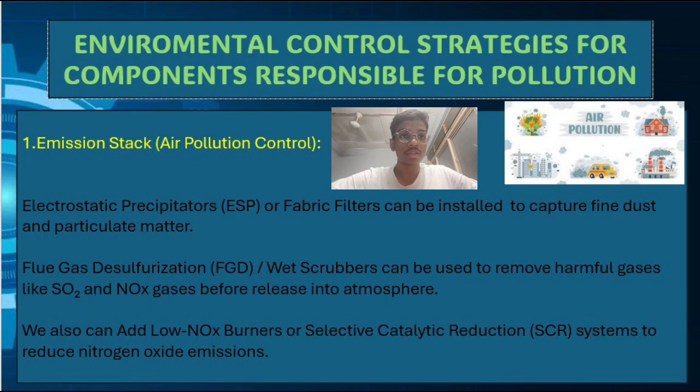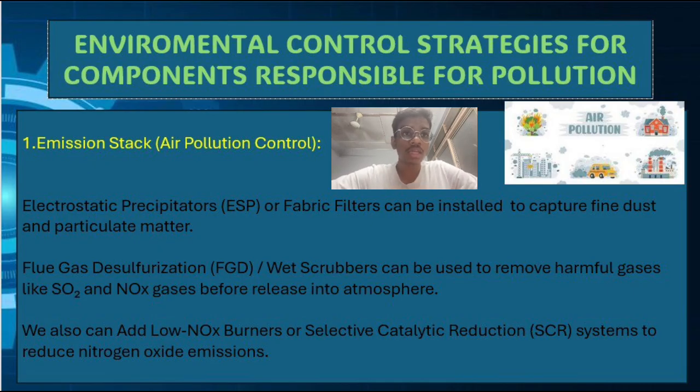Guys, now I'm going to explain to you about the environmental control strategies for components that are responsible for the pollution. So actually we have three major environmental control strategies. First of all, we have emission stack, and then we have ash disposal, and finally we have cooling water system. First of all, we are going to see about the emission stack, which is also known as air pollution